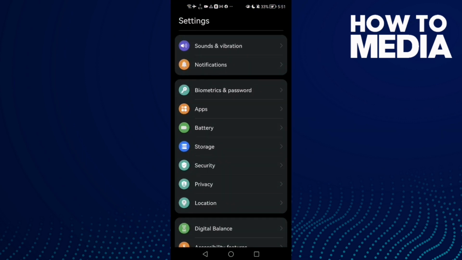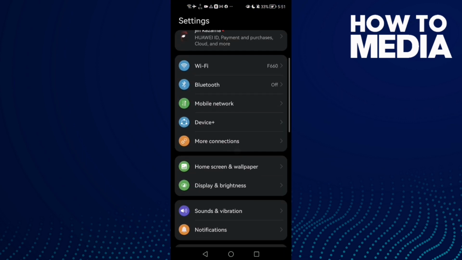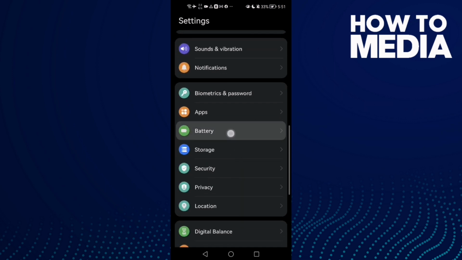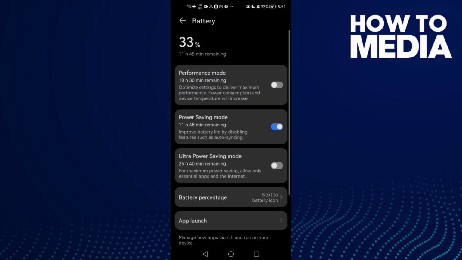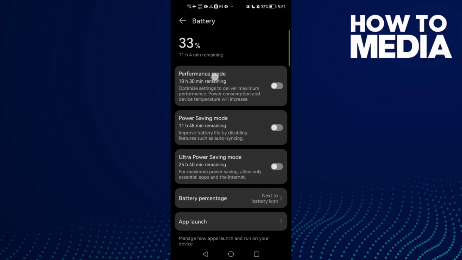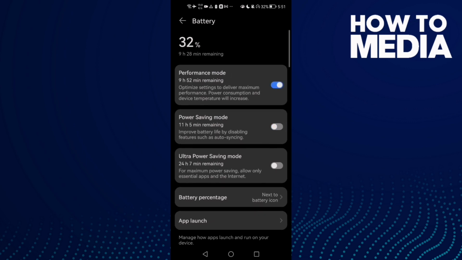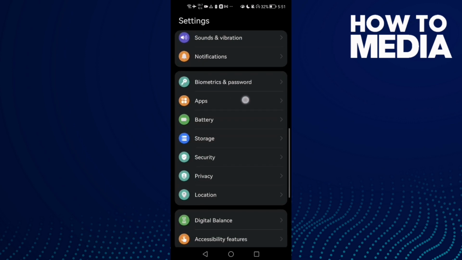Go to settings and then scroll down, scroll until you find battery and click on it. Now disable power saving mode, and if you found here performance mode, just enable it and then go to apps